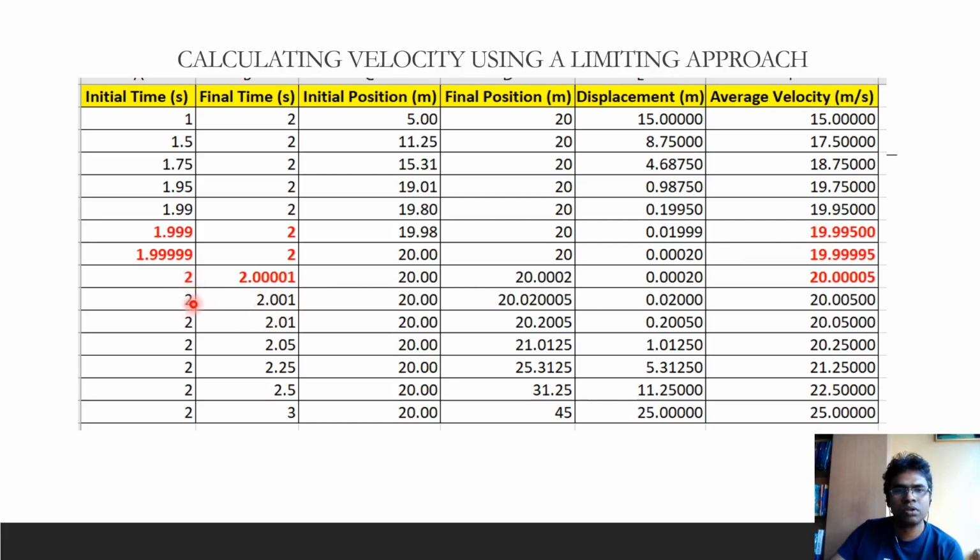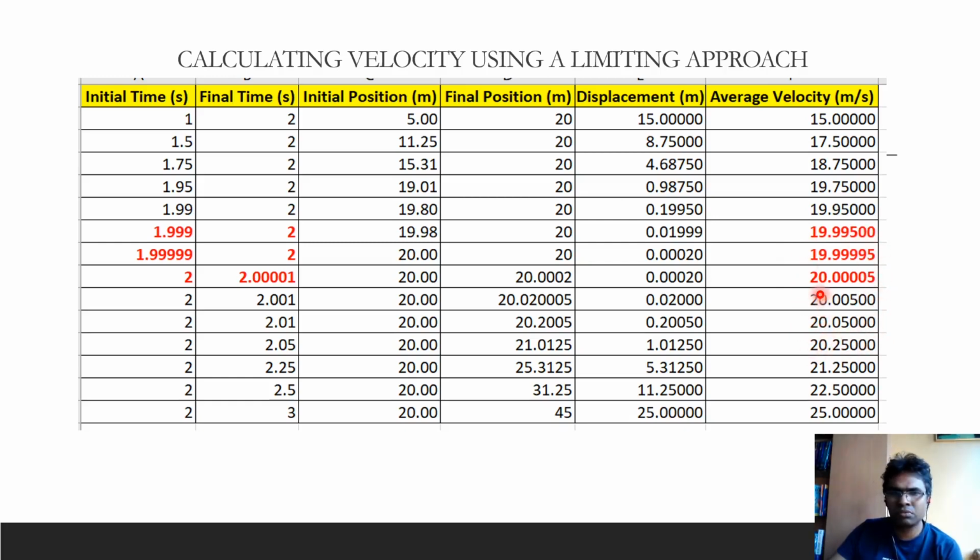If you go away from t equal to 2 seconds, let's say 3 seconds, the average velocity is very different from 20. But if you are very close to t equal to 2 seconds, you will notice that it is not changing much. If you pay attention to these numbers, let's say these 6 numbers,